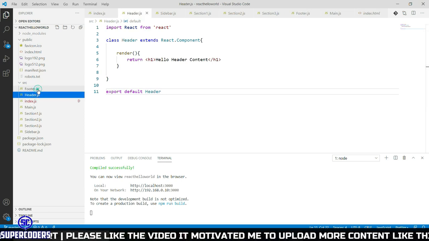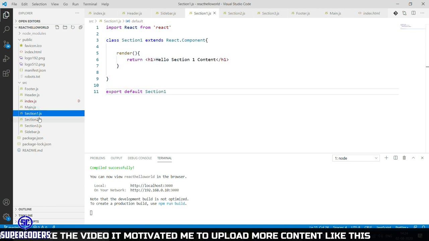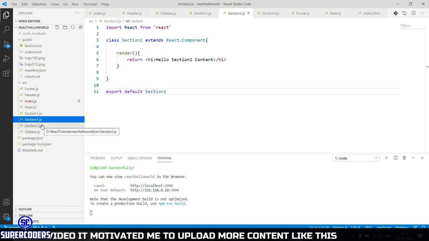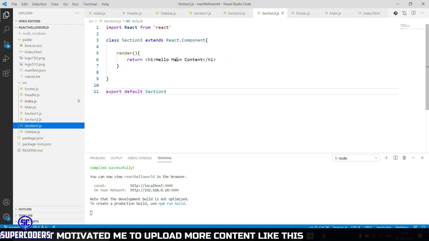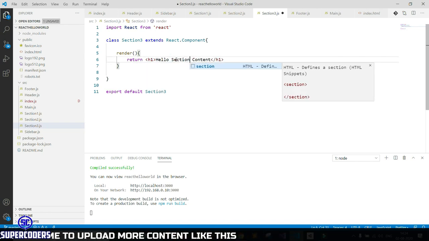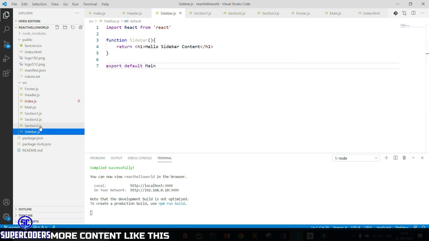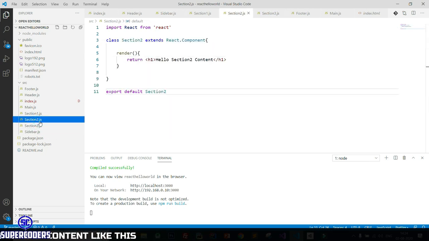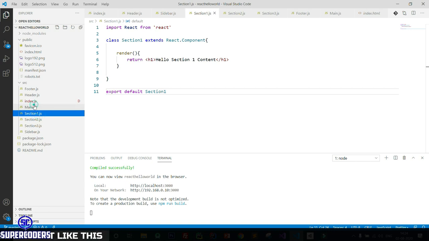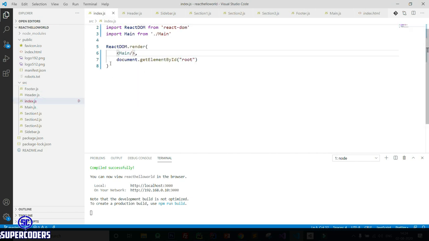So header done, footer done, main done, section 1 also done, section 2 also done, section 3 also done. Sidebar also done. So all components are ready now. Let's link this to our main file, which is index.js.